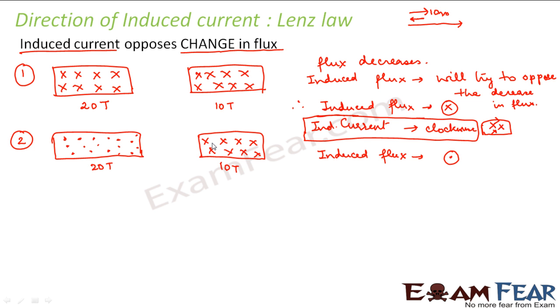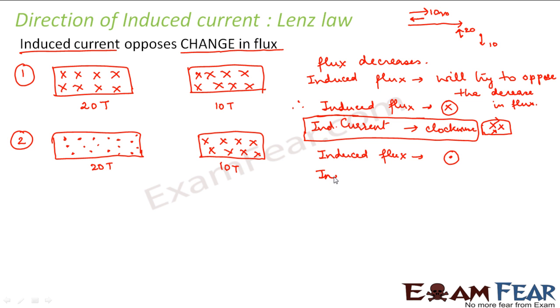So now to oppose that change, first you have to change the direction, right? Let us suppose this is downward direction. Initially it was upward direction 20. Now it is downward direction 10. That means it reduced till 0, and then it reduced till 10. That means it has reduced a lot. So to increase that, the first thing that you will do is the induced flux will be in the opposite direction. It will try to take it back to its original direction. It will think about its magnitude later. So the induced flux will act in the upward direction.